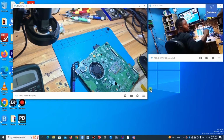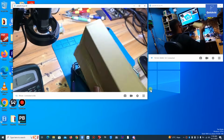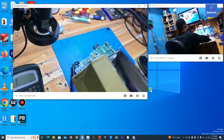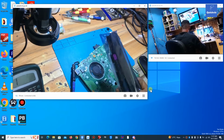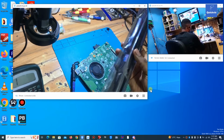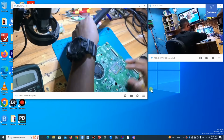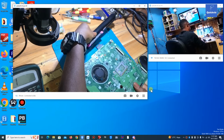And this is a brand new battery. The owner thought the battery is the problem, and the battery is not even the problem. The problem is from the motherboard itself. So you can see,